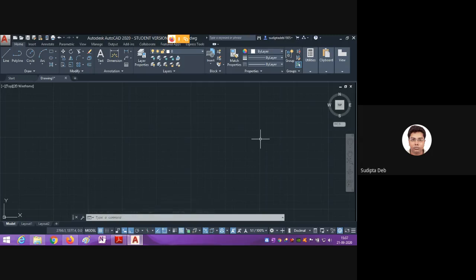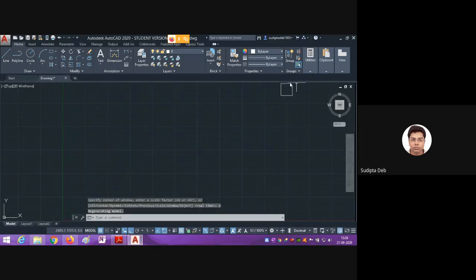How do we accommodate all drawings inside the drawing space? One thing we can do is zoom all. So Z enter, again A enter. Either click on All, or you can use A enter, zoom all.